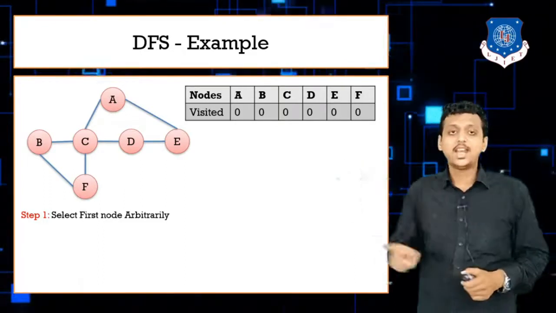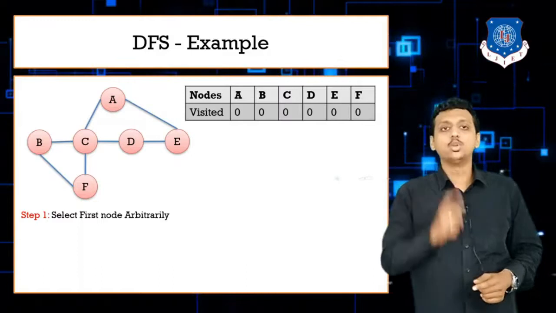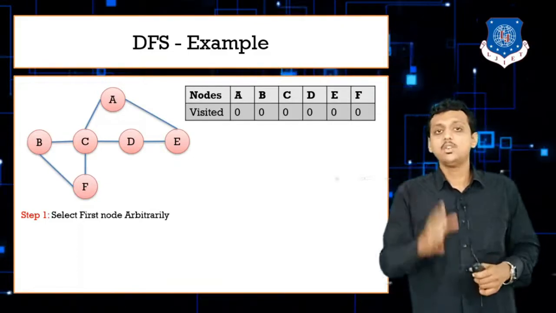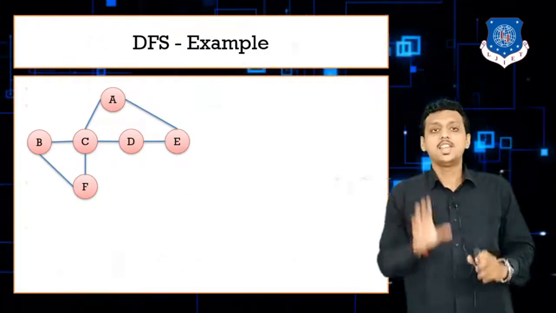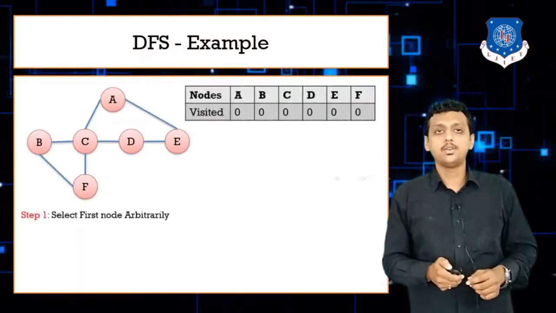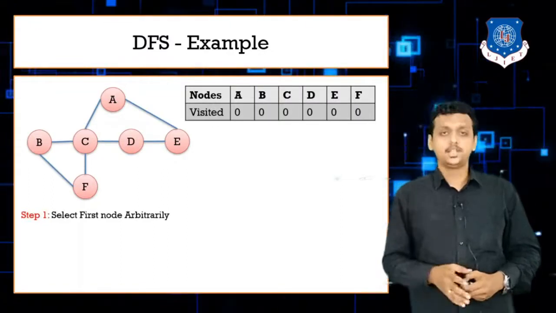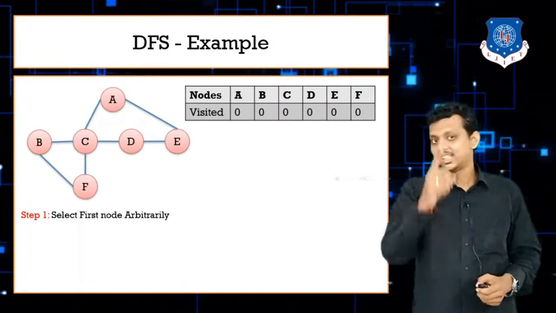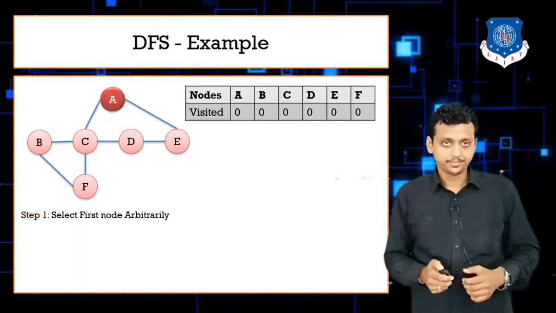I am going to use 0 for unvisited nodes and for visited nodes I am putting down the value 1. Fine. So here we have A, B, C, D, E and F. There I have 0 at the initial level because all nodes are currently unvisited. That's why the value is 0 for all nodes. Fine. So next, step number 1 is select the first node arbitrarily. Now tell me, according to A, B, C, D, which node are we going to select? That is A. So that's why I'm going to select A. Here it is, I'm just highlighting A.